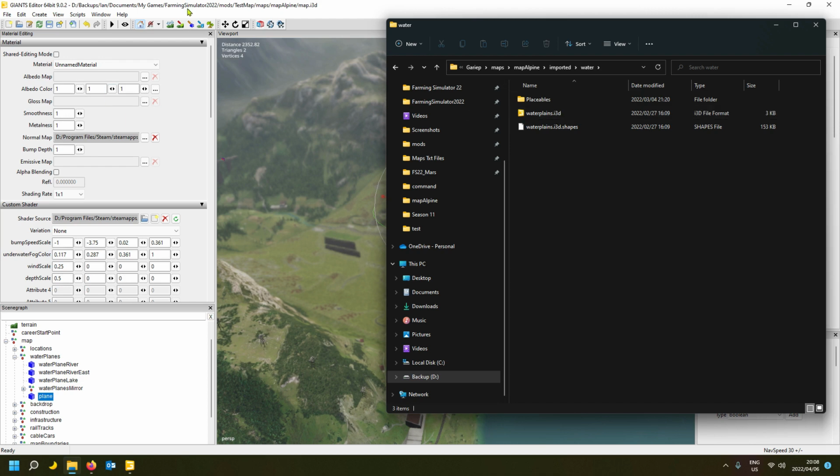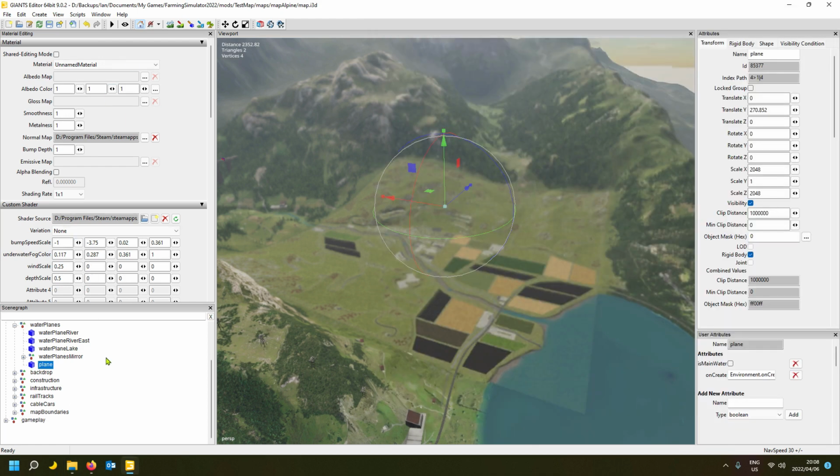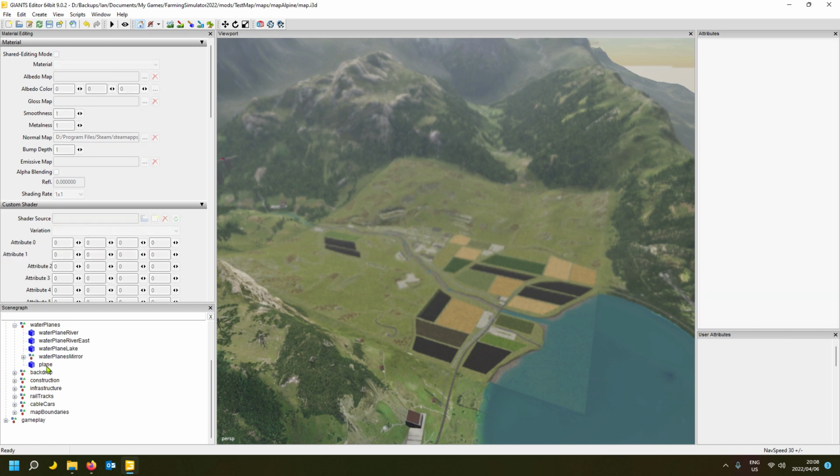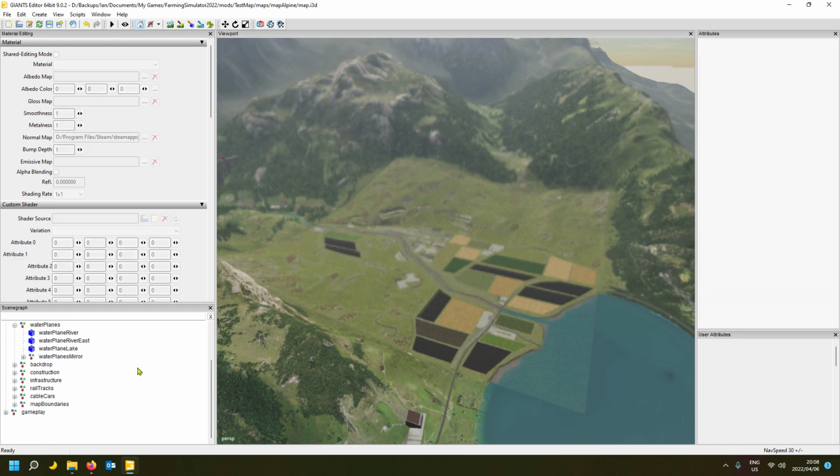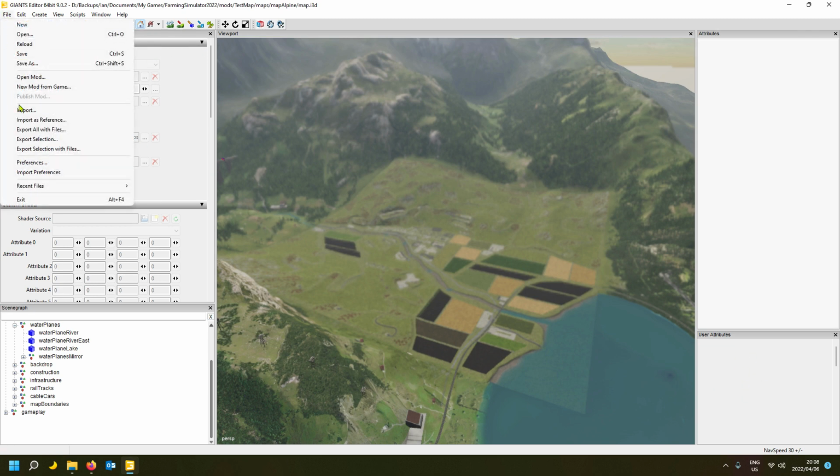So all you do in your editor then is go here. I'm going to delete this plane now because we're done with it. It's a useless exercise, but I wanted to show you how the water planes work, and what they are. There's a lot of useful information and things in there. All right, so go File, Import,